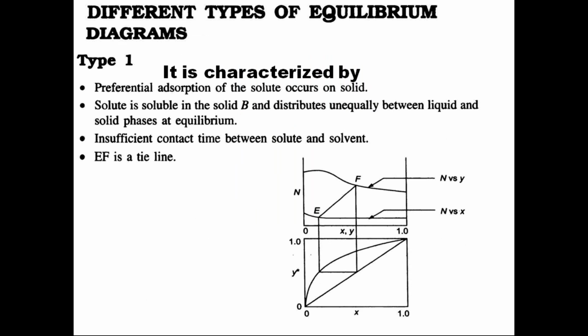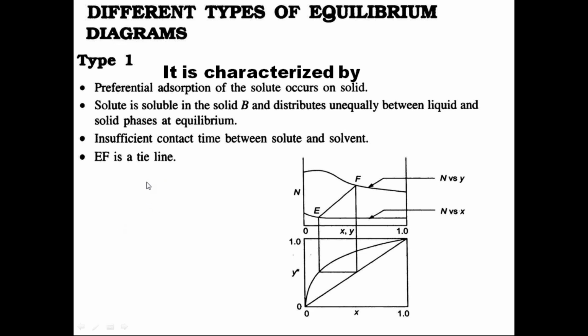So usually we have three different types of equilibriums. When the solid phase and the liquid phase are in contact, the solute will first dissolve into the liquid, and then make a solution, and this solution will wet the solid. So what happens initially is that the solution in the slurry phase and the solution obtained as a clear liquid both will have the same concentrations.